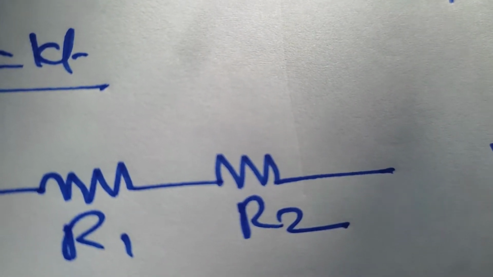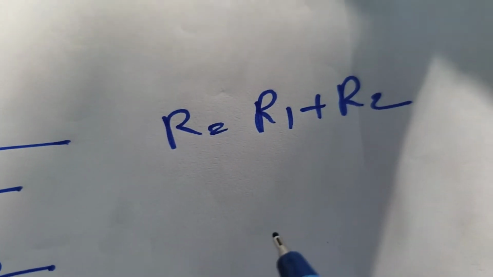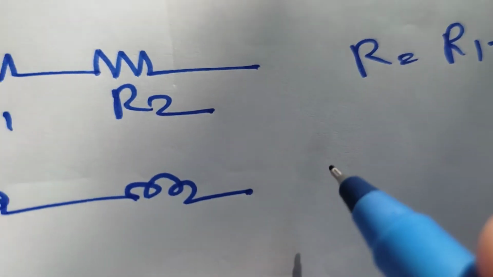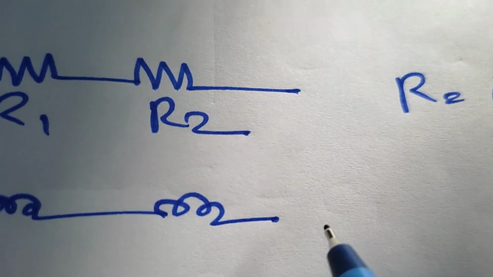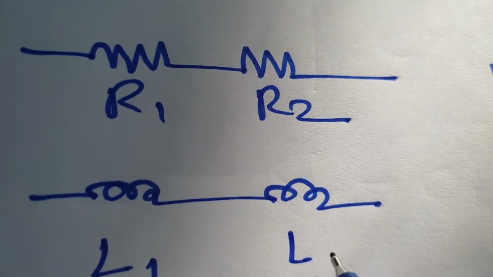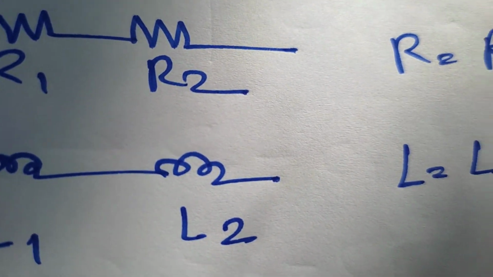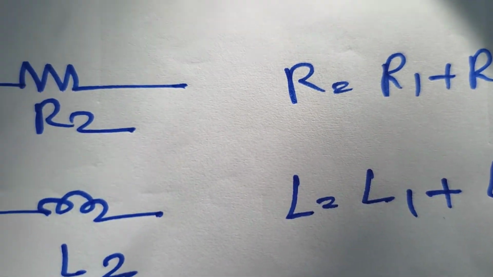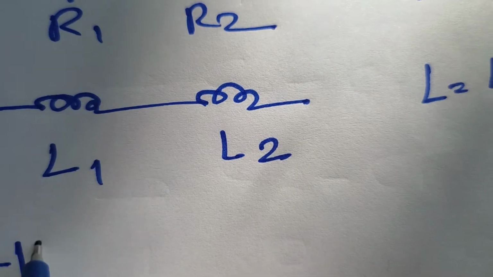The total resistance in both cases is R equal to R1 plus R2, and for two inductances connected in series, L is equal to L1 plus L2. Now if capacitors are connected in series,